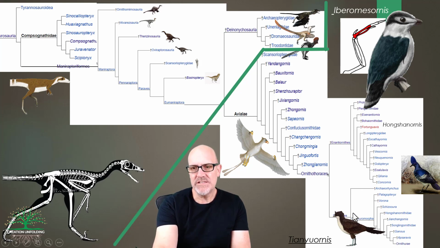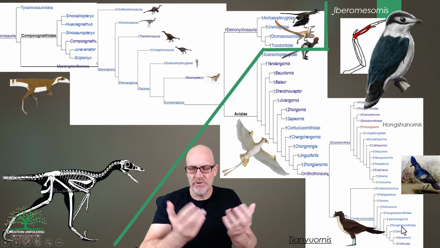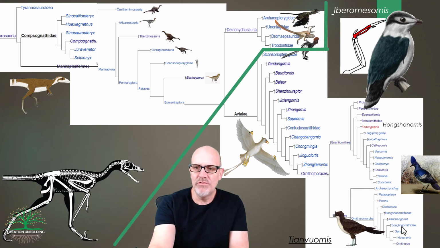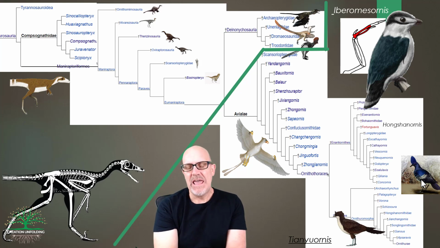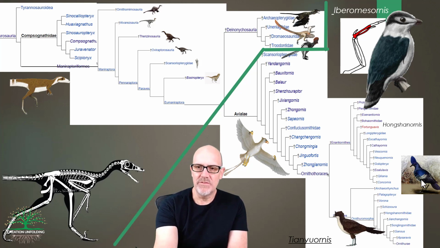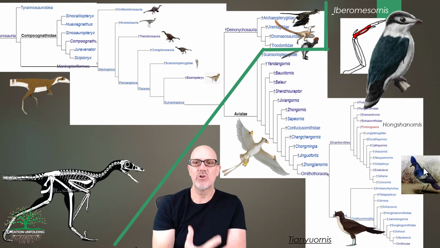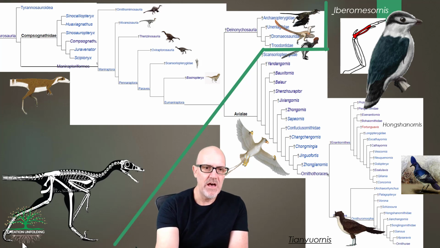We want to go down to this group because, according again to the evolutionary community, it's from this group that modern birds evolved. And there are a couple of examples over here. There's this one here, Yanornis, and this one here as well, Hongshanornis. And for all intents and purposes, these are just like modern birds. The biggest difference between them and, say, a crow would be that these still had teeth in their jaws. That's really the only difference between these two birds that we're looking at right here and, say, a crow. So for all intents and purposes, a very modern bird.